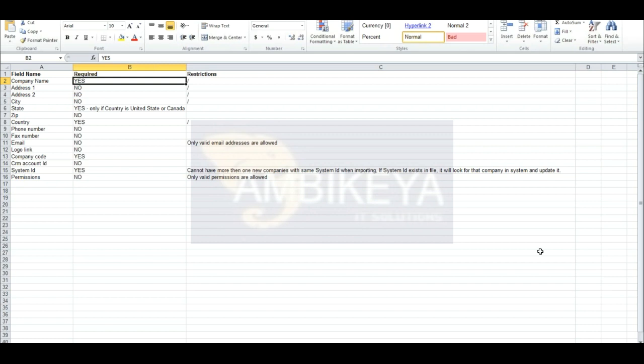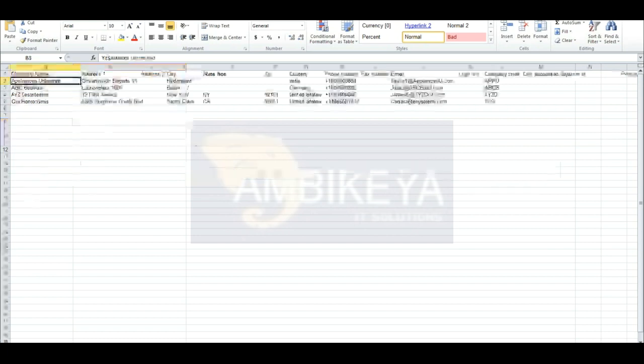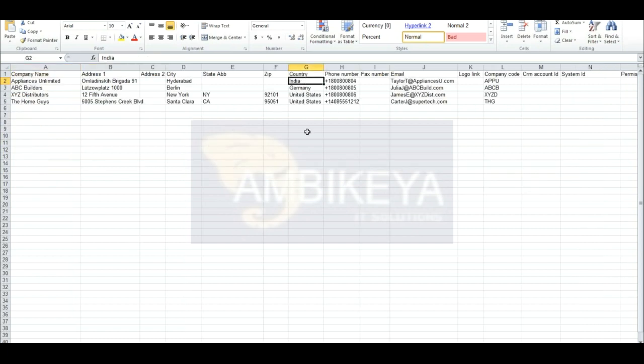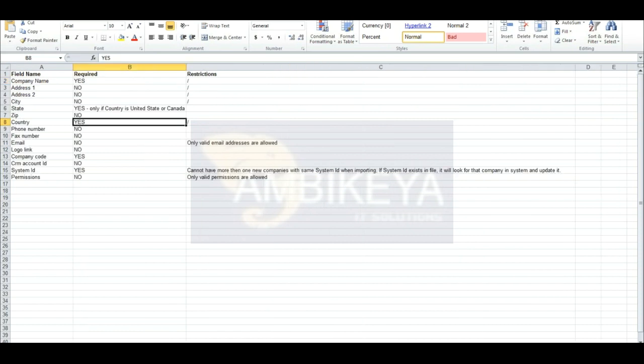Okay, so first of all, the country is required, right? So if I jump back over here to the companies tab, you'll see that everybody has a country. But the state, let me jump back over to Important Info. The state is only required